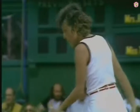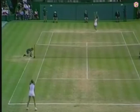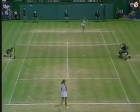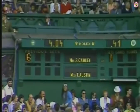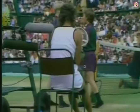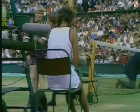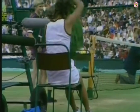40-30. And that two-handed backhand that sailed out gives Mrs. Cawley set point. That's it. Game and first set to Mrs. Cawley by 6-3. And that was a 41-minute set and an exhausting set for both girls because they had so